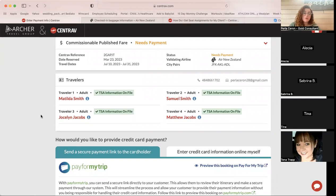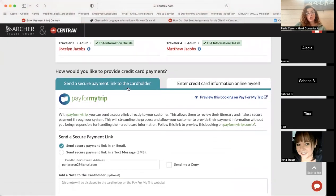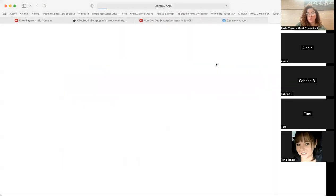Centrav allows you two options. You can send a secure payment link to your client and your client can pay, right? So let's say they're like, I'm getting ready for work. I can't process this payment right now. Okay, no problem. I can send you the link, and they would have then until later this evening, that cutoff time, to submit that payment. Okay. And this is what it's going to look like on their end. When you preview,